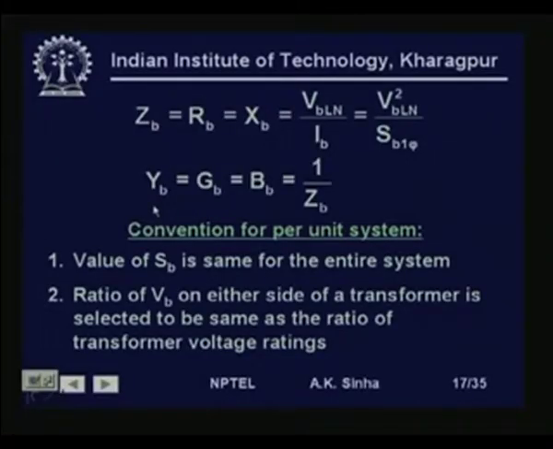Of course, if we are talking about admittance, admittance will be just the inverse of the impedance. So, Y base is equal to G base, the conductance base, or the susceptance base B base, and that will be equal to 1 by Z base. This is very simple,